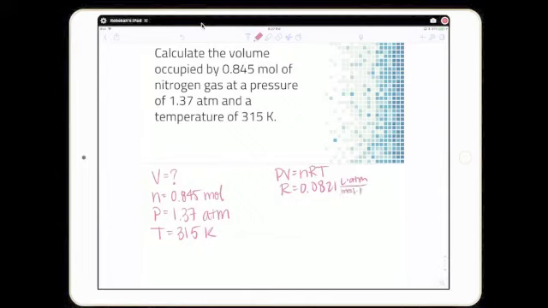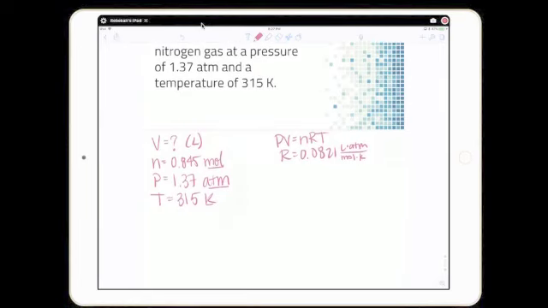Let's check our units for R really quick. So it looks like I'm going to be getting my volume out in liters. I've got atm, moles, and Kelvin, so I don't have to do any other conversions. I can just plug it in. So volume is equal to nRT over P. And then volume is equal to 0.845 moles times R times T, 315 Kelvin, over